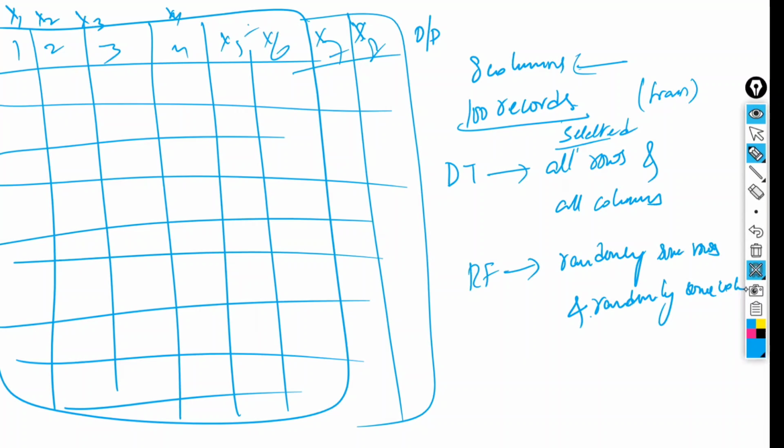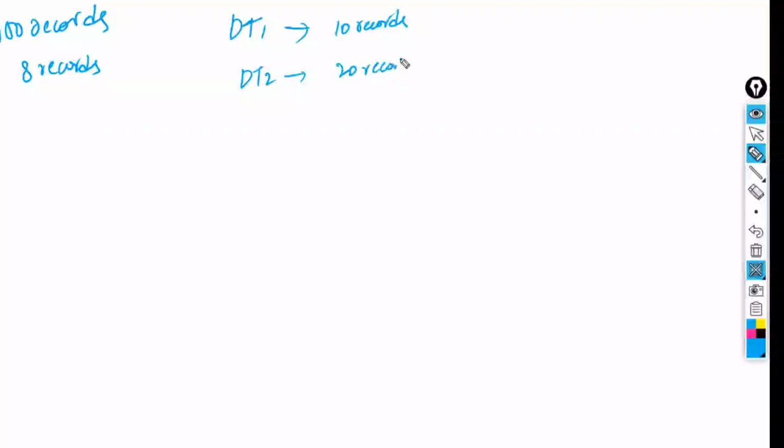Random. For example, we are having a total of 100 records and 8 columns. Let me take decision tree number 1. Decision tree 1 has selected 10 records. Decision tree 2 selected 20 records.